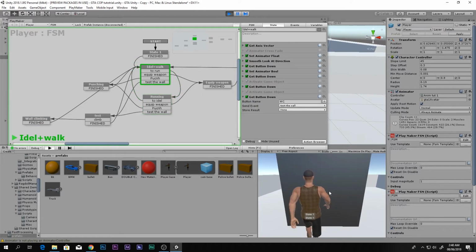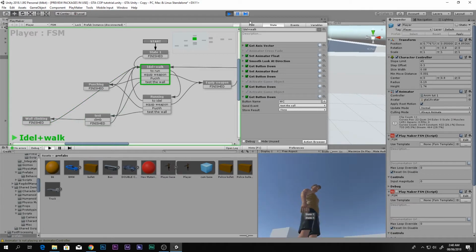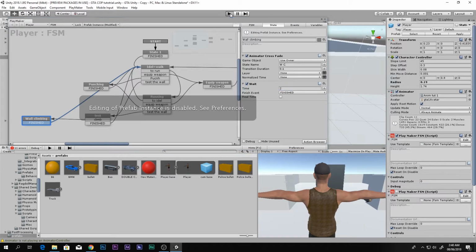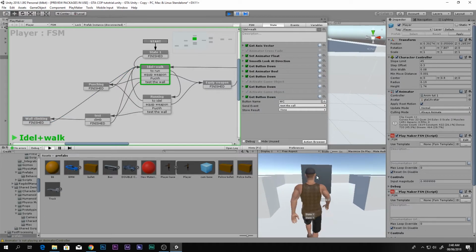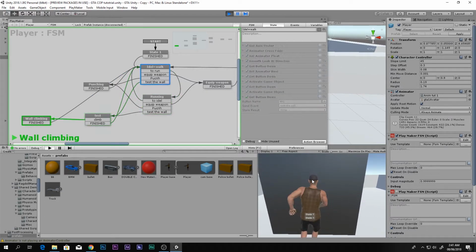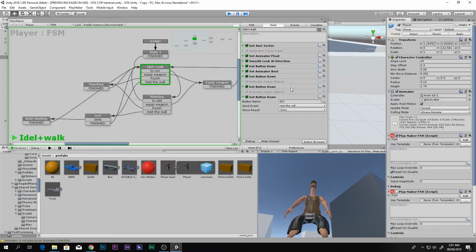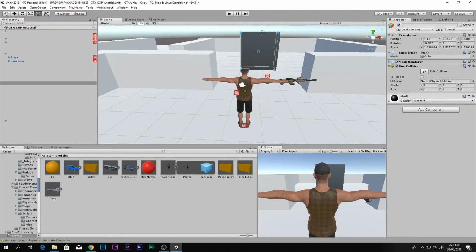Run over here and press space. There we go. No, it's not. So let's just say 2 seconds. How about that? Alright, so I guess 1.8 or 1.7 will be the best. Alright, so I have to go ahead and decrease the size of it a little bit, and when we play